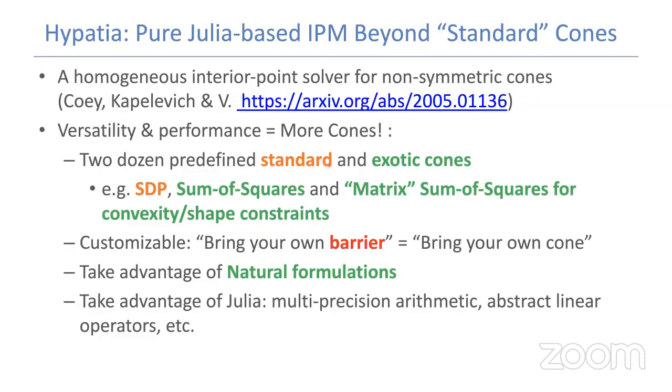So standard cones like semi-definite programming, or basically all the cones that Mosek can work with. And in addition, the sum of squares is actually a cone. You could tackle the sum of squares cone directly without needing to go through the semi-definite cone. And you could do even slightly crazier versions of the sum of squares cone: a matrix where each entry is a polynomial that is a sum of squares of other polynomials.